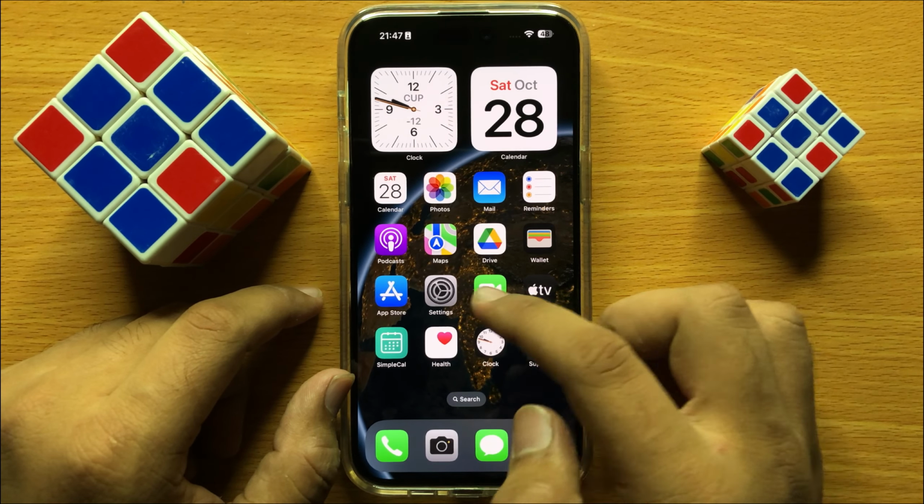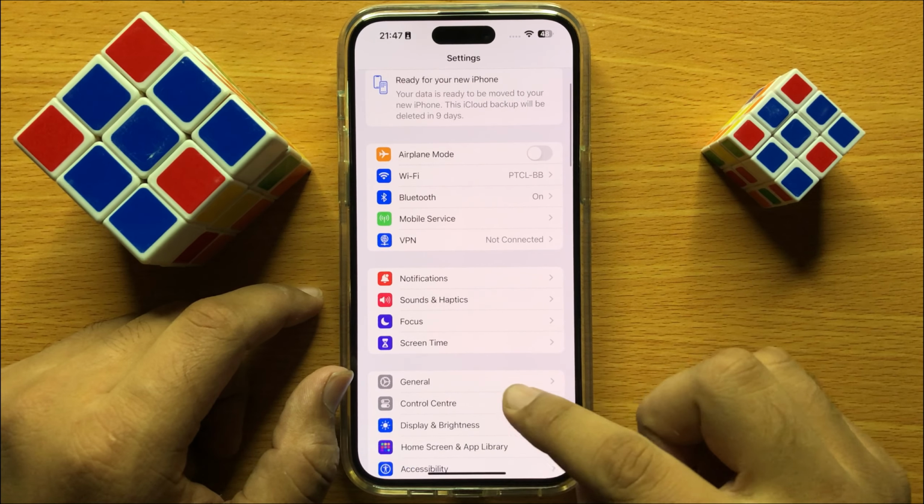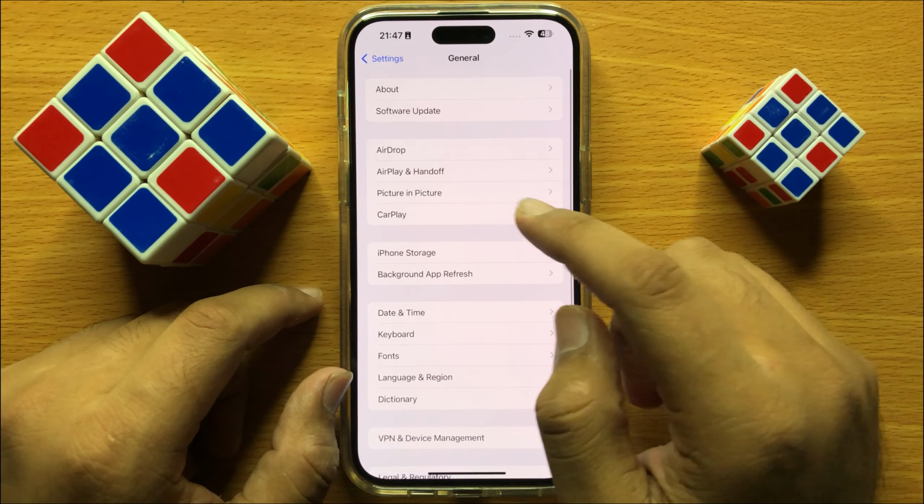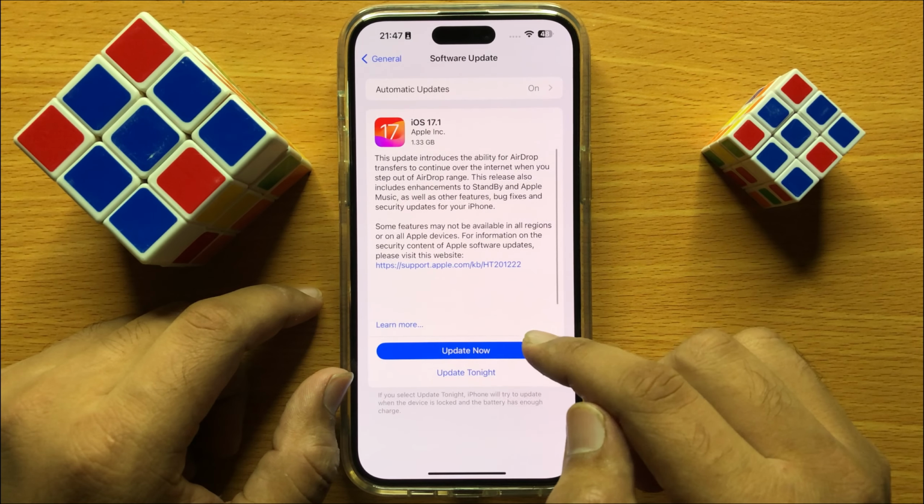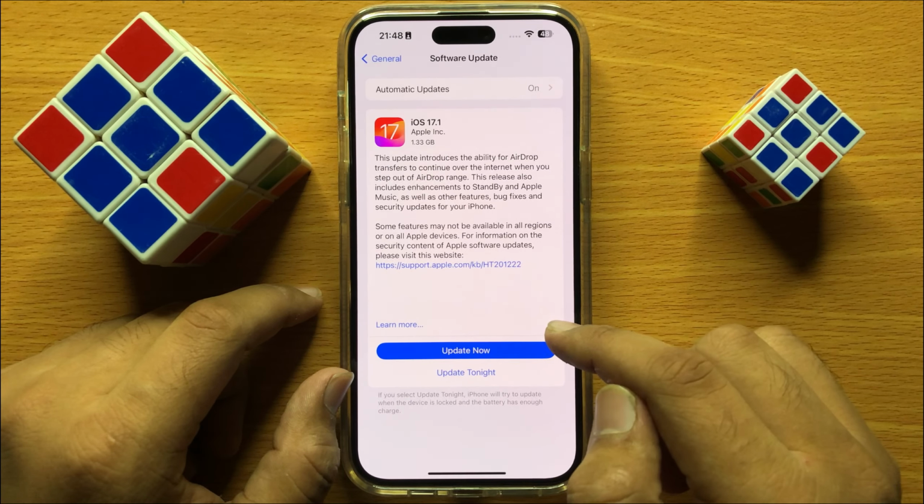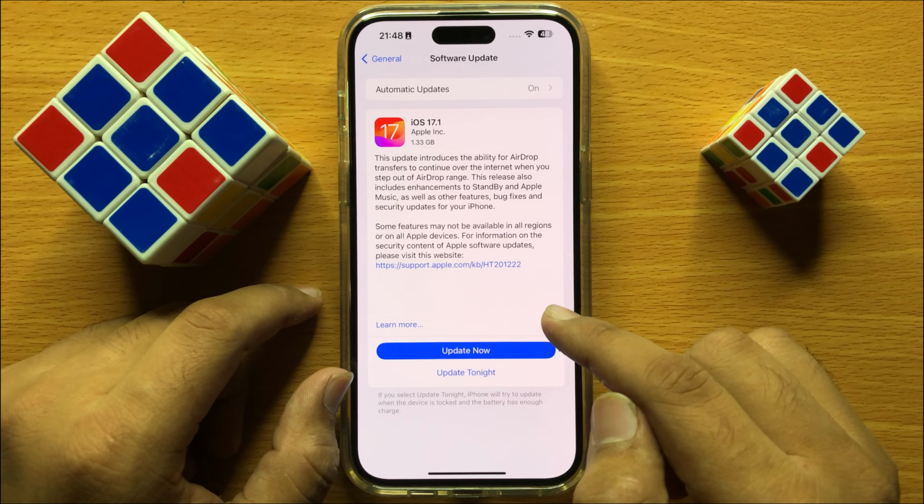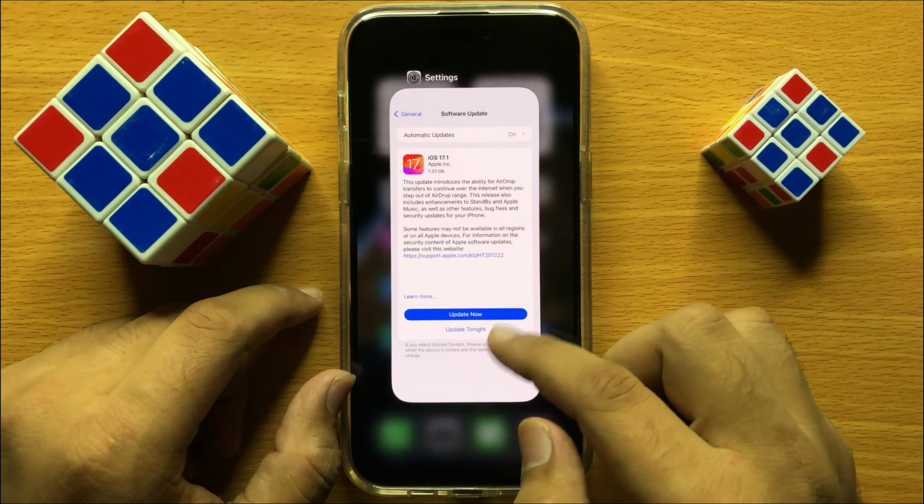So first of all, open settings. Now in settings, scroll down and click on general. Now here click on software updates, and from here check if your iPhone is updated to the latest version of iOS or not. So if your iPhone is not updated, then update it to the latest version, and after that